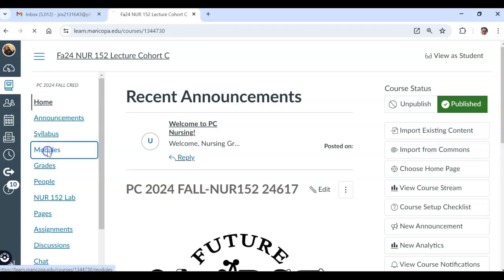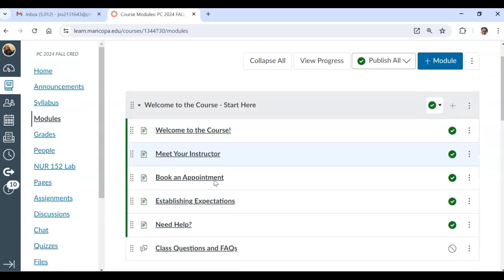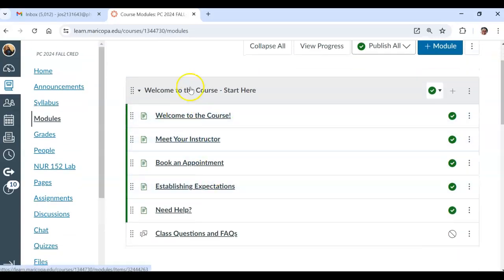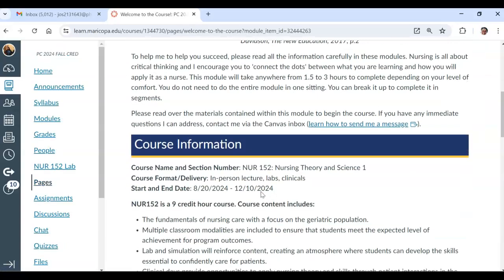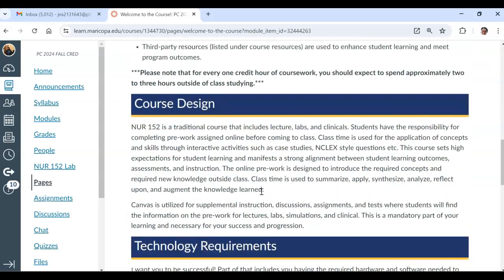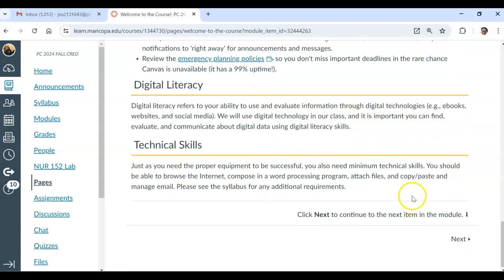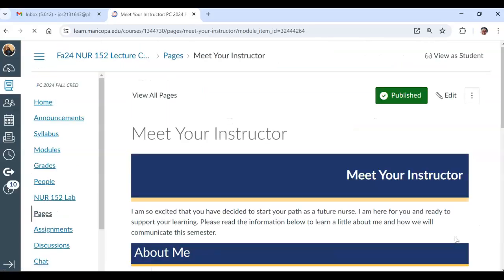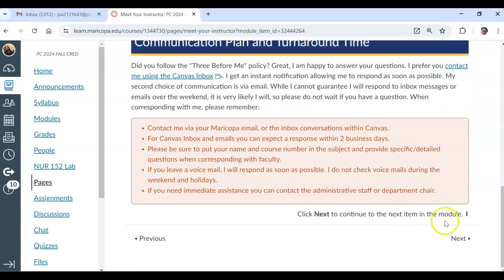Next, you have your modules. In the modules, you have a start here, which you will use to navigate all the information to get you started for the course. Here's the welcome course page. You'll read through it, just some information, technology requirements, skills, all of that. You can either hit the next button for the next tab, information about me, how to get a hold of me,